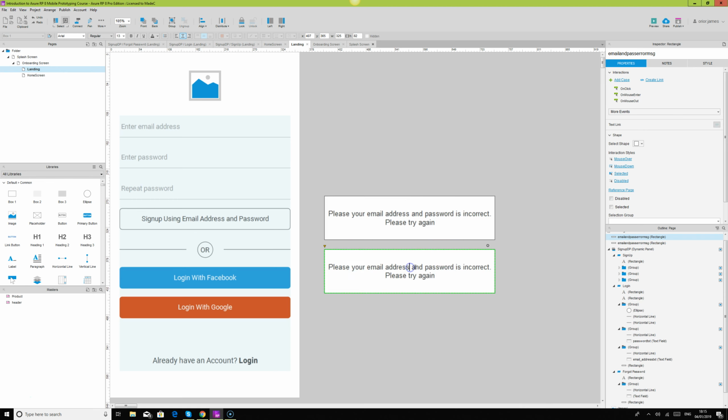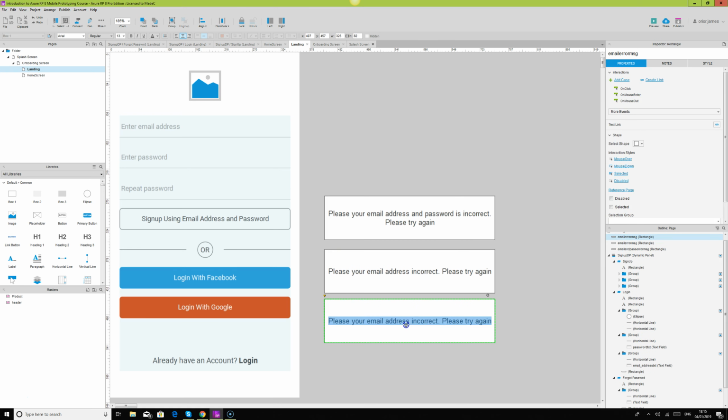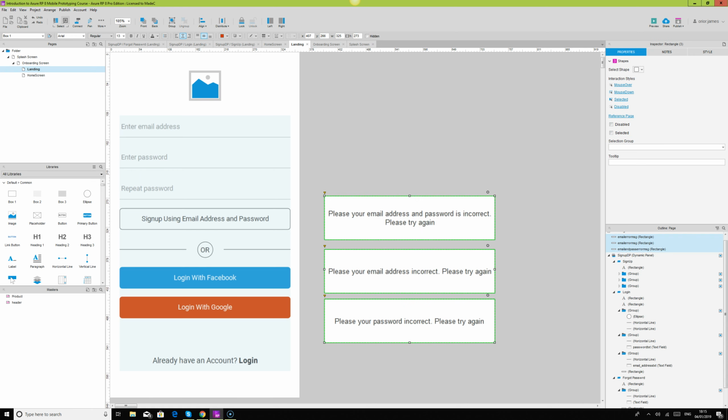I can say email is incorrect, please try again. So I could say email error msg, and I can say another one, password incorrect. So we have these three main things, which is just checking whether email address and password are correct, whether